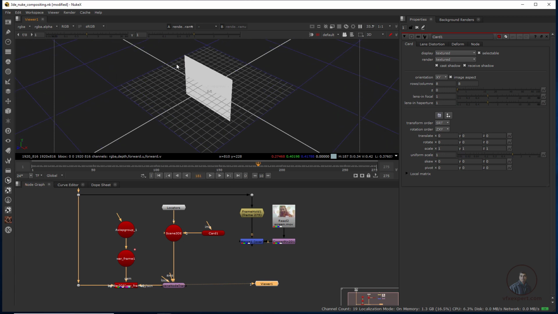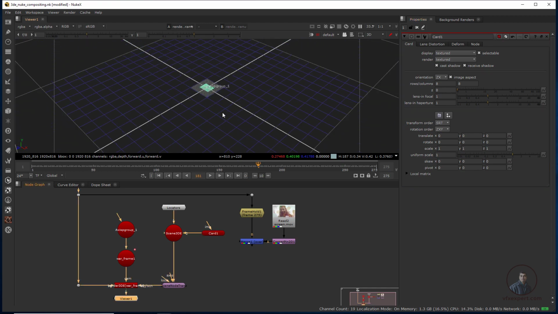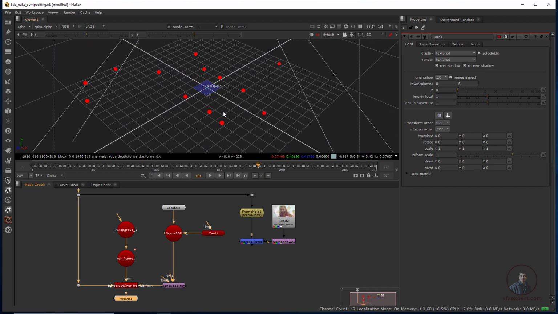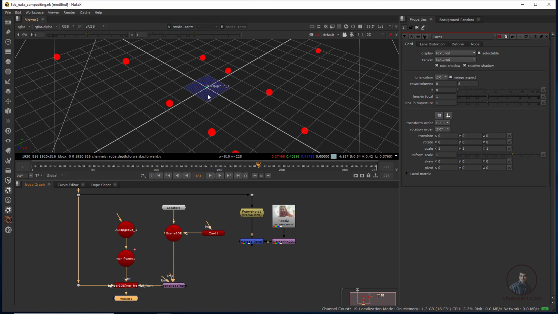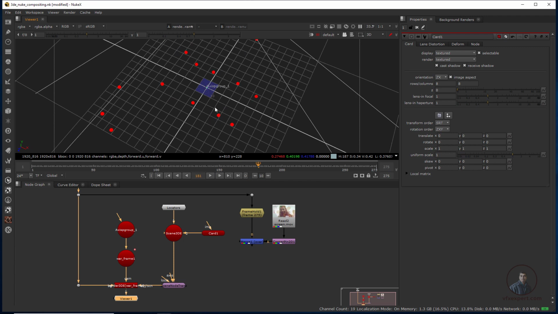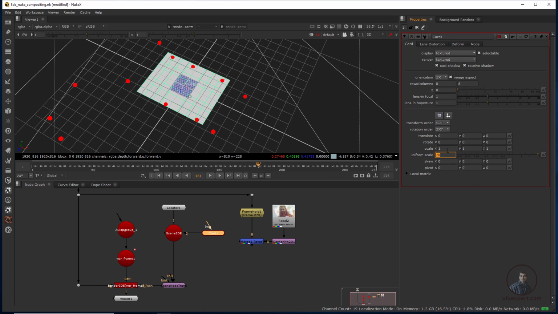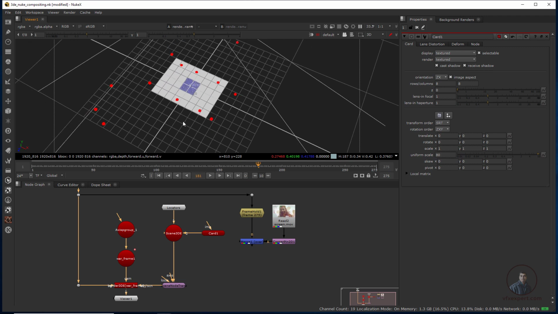Now here after this we have to rotate our card. So simply double click, and in orientation, click on the Z axis. Now you can see, press F. Now easily you can see here. Okay. Now easily you can see here. Our card is very small. Okay, so we have to scale it according to this area. This is our screen. So select our card and uniform scale this one. Okay. Maybe 50, 60, 70. According to the scale you have to adjust, maybe 80. Now easily you can see this is our screen.